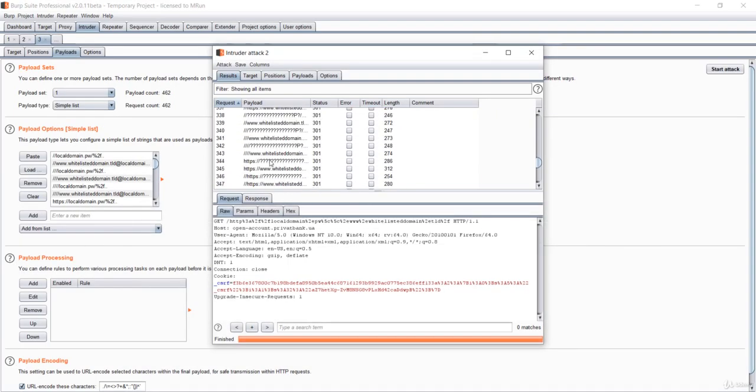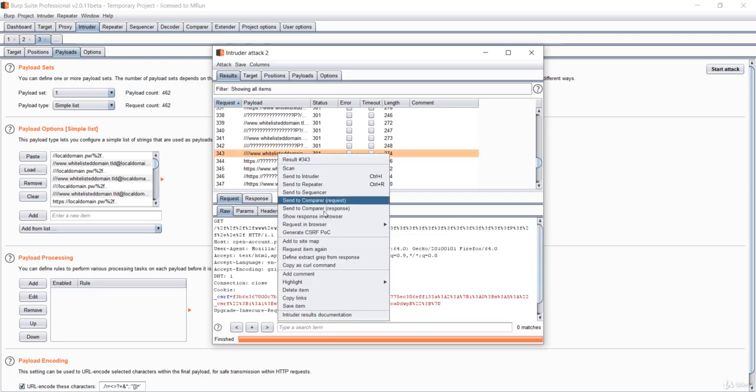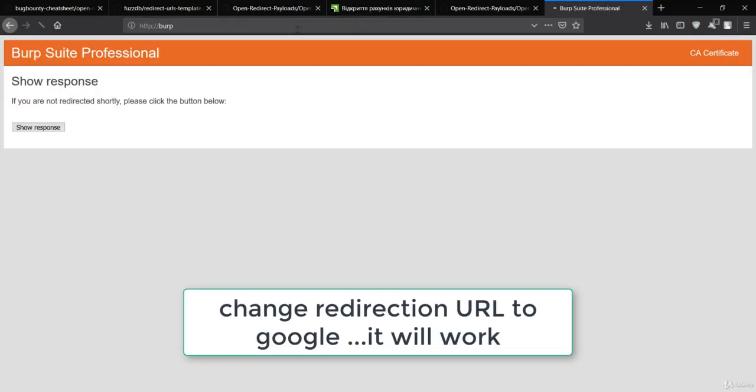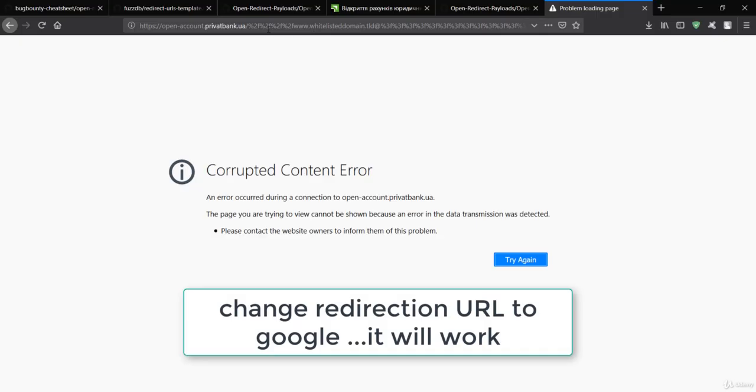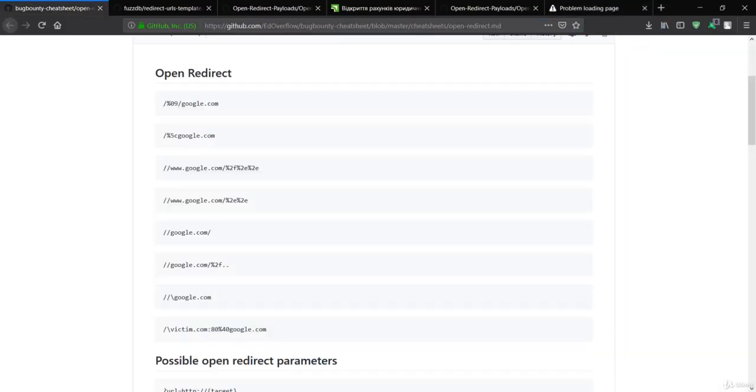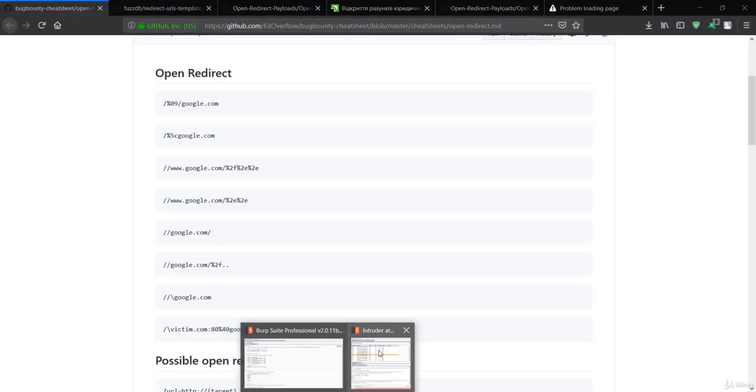So you can simply go with this one. Take the response in the browser, copy this one, and simply paste it right here. After you paste, you will see that it has injected some of the payload right here. And we saw in the previous lecture that only this one payload was valid for this case. So let's see if that payload was here or not.